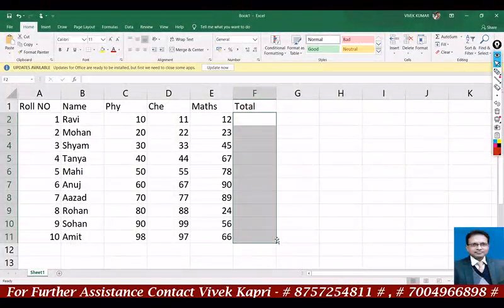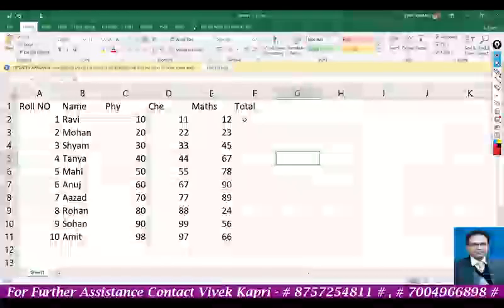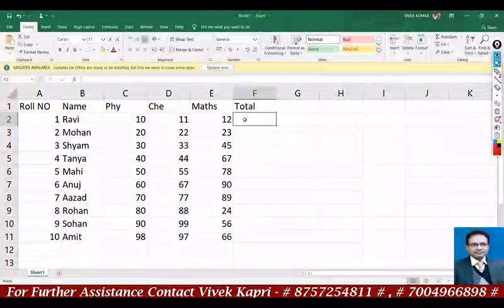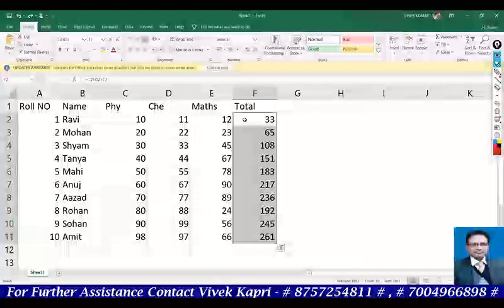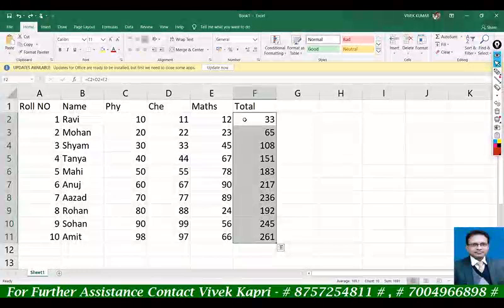Now, we can also get the sum in another way, but that formula will be covered later. In this chapter I will let you know how to find the sum using a function.